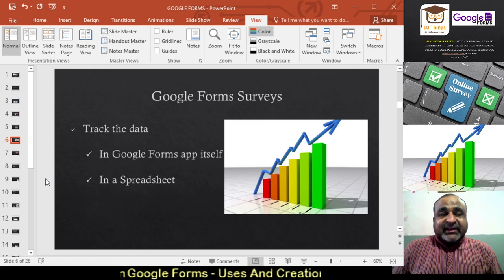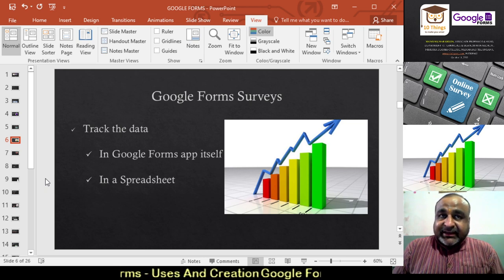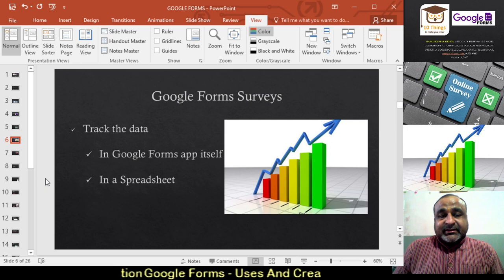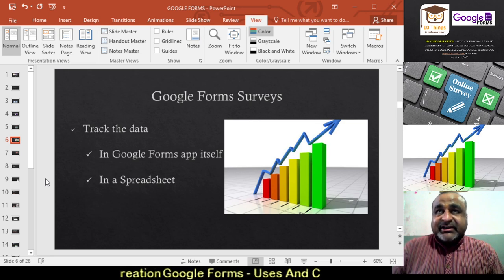Then after collecting the data from surveys, we can go for tracking the information through an Excel form. Whatever data you have collected will automatically come into a spreadsheet, that is an MS Excel file, through which you can analyze and take important decisions.